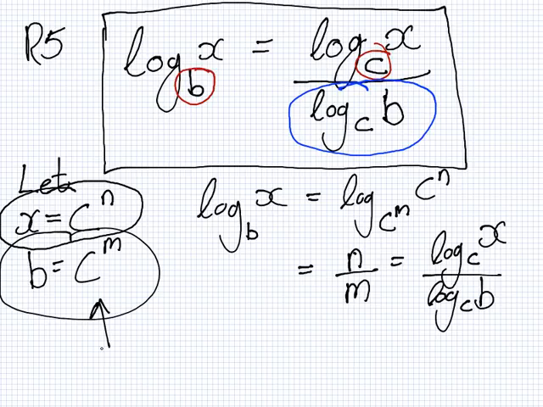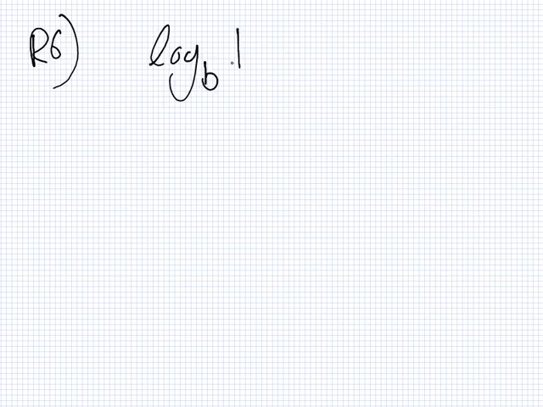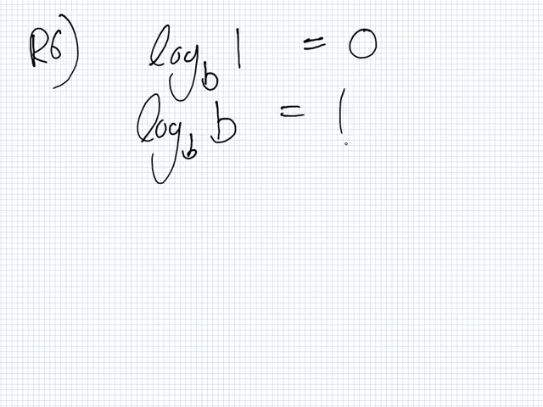Yep. So, let's have a look at the last one, which is rule 6, which is more just some definitions. Log base b of 1. So, b to what power makes 1? Yeah, what is it? 0. So this is equal to 0. Some other basic definitions. Log base b of b: b to what power makes b? 1 then. Also, log base b of a negative